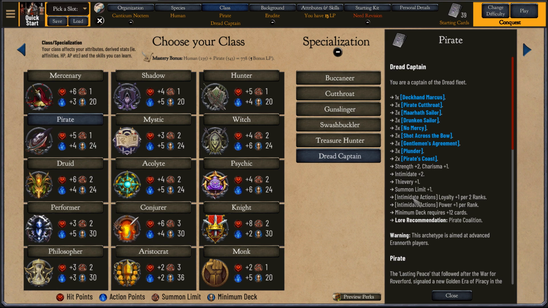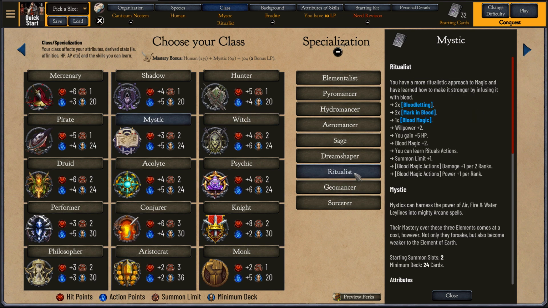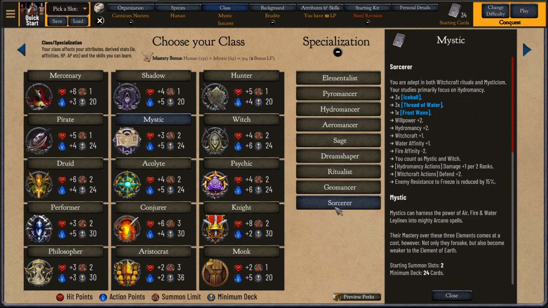Of course, if you have this mod already, then you don't have to worry about anything. You can just unsubscribe from it. Your games will continue to work because now this content is all incorporated in the base game, and only starter decks have been affected. We then have the mystic with the ritualist, geomancer and sorcerer,